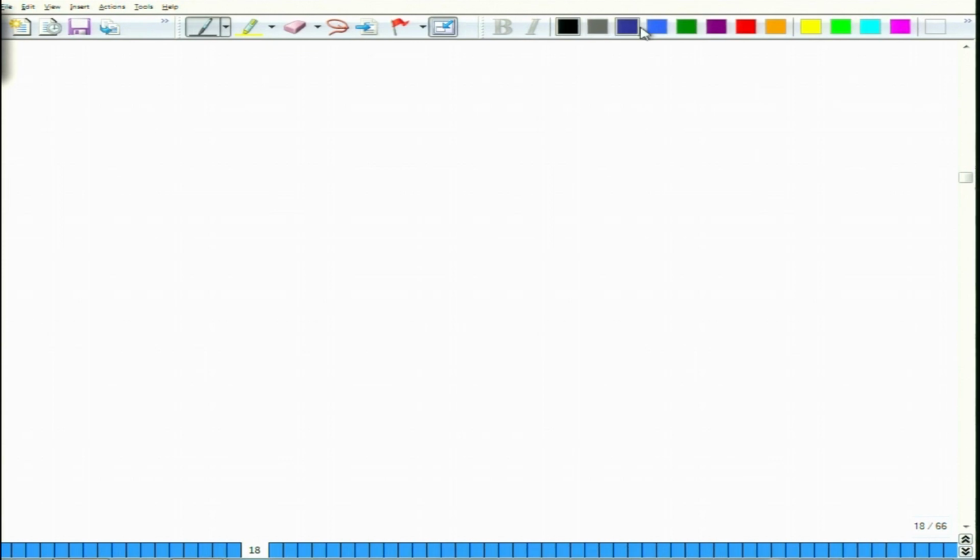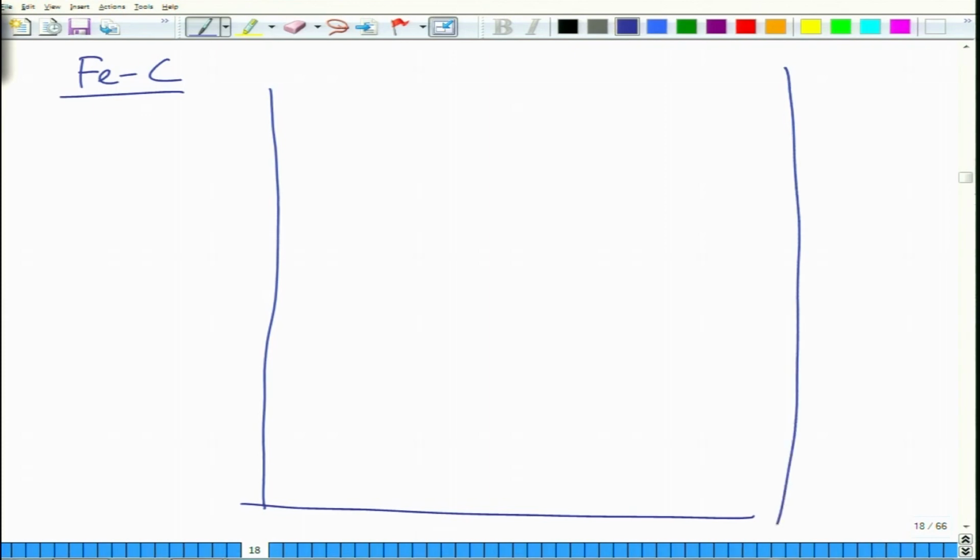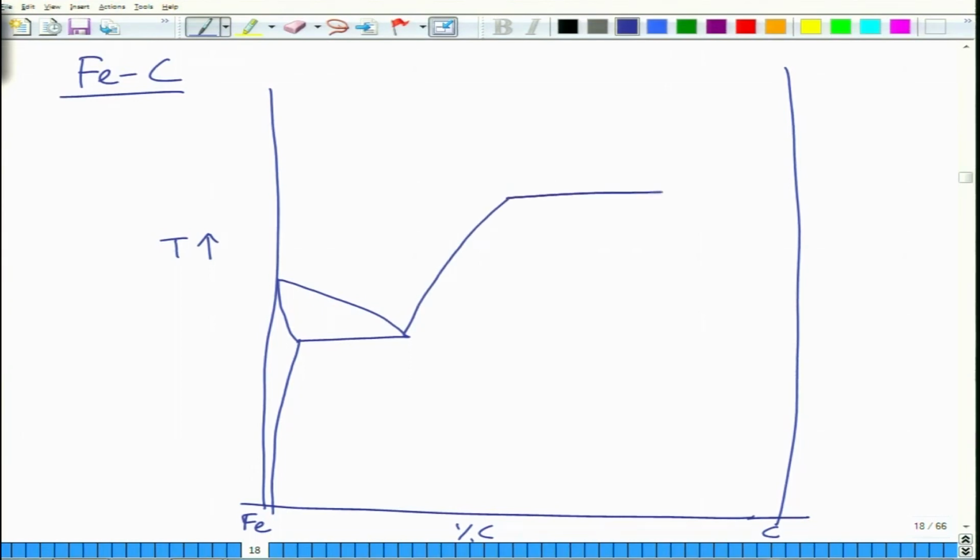For example, the famous diagram is called the iron carbon phase diagram that we will look at in detail in this course later on. So, if I now plot this diagram, this is a very interesting diagram. It consists of nearly everything. So, at lower temperature, this is percentage carbon, pure, and this is carbon, temperature. Okay. And again at high temperature, what is there is